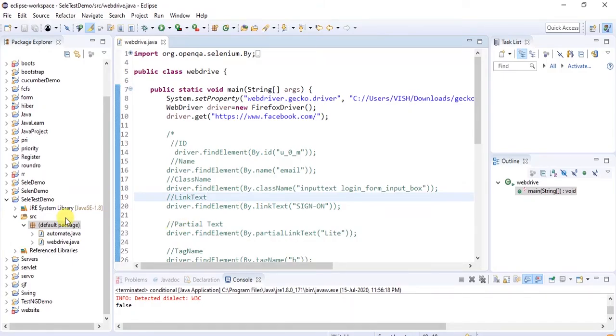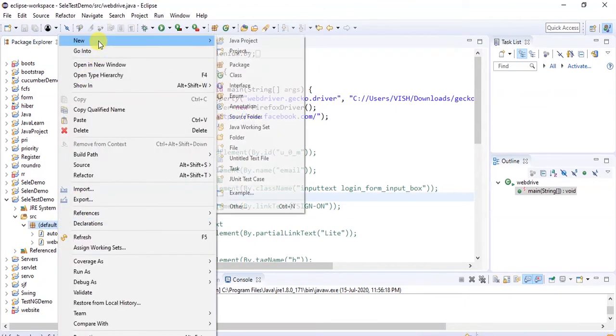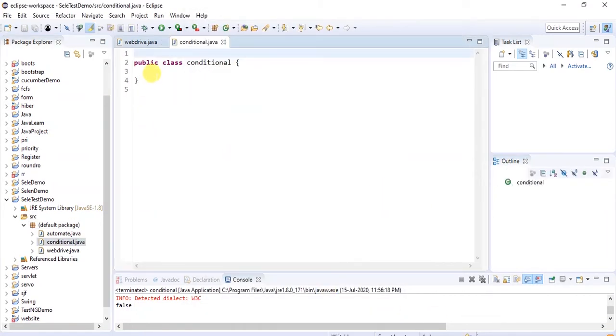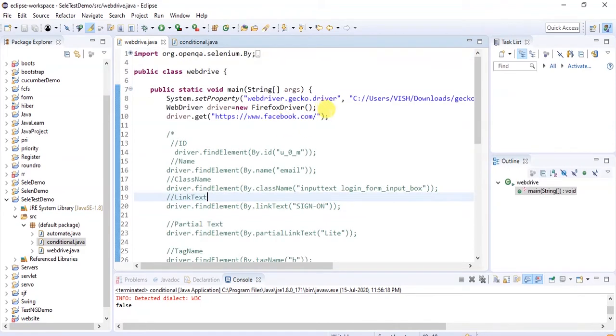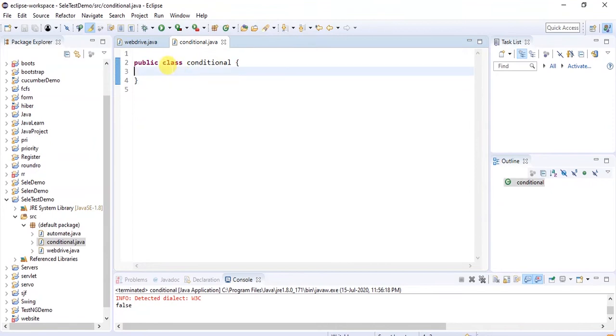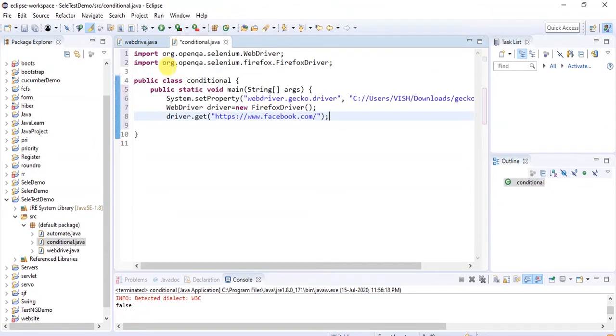Let's open Eclipse and create one class, conditional, and we can use the previous code to launch the Firefox browser. We are going to use Facebook only here.